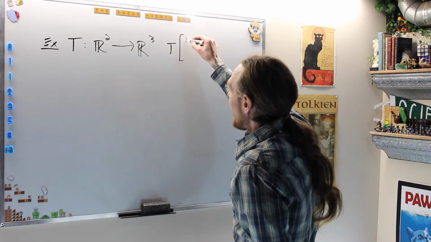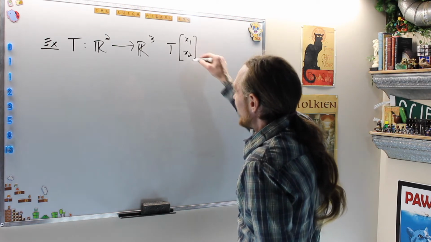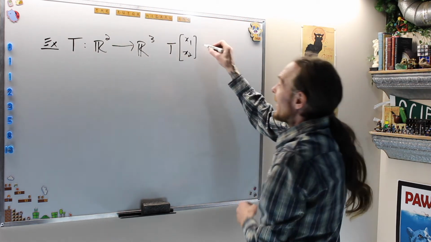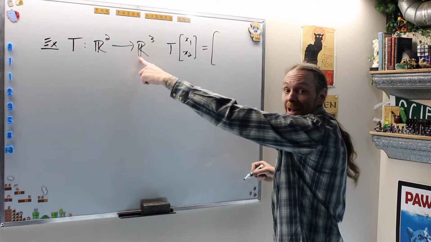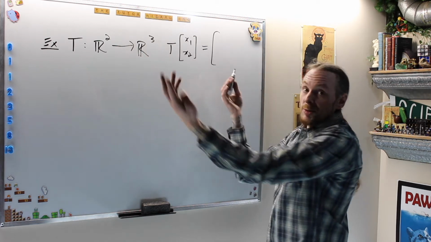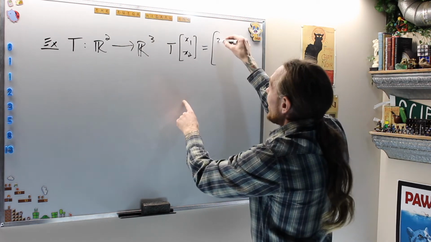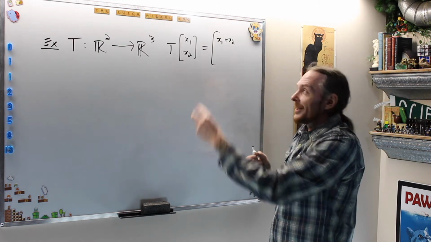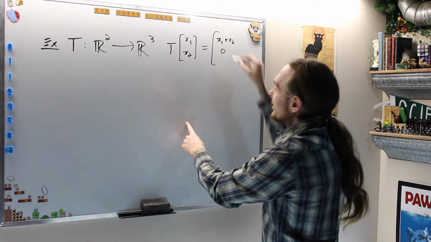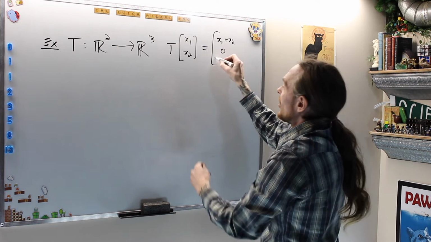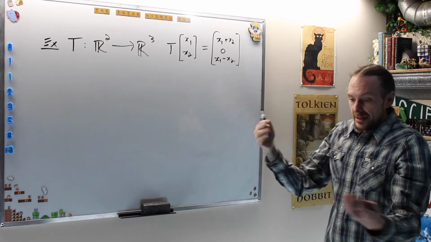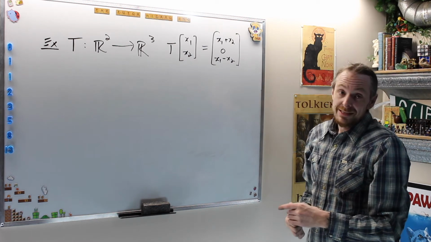T of x1, x2, a vector in R2. If I now hit that with T, that's going to send me to a 3-dimensional vector, which is going to be, I'm arbitrarily going to make it up right in front of you. Let's go from x1 plus x2. The first coordinate is those guys. Then let's go to 0, and then let's subtract those coordinates, x1 minus x2. So I just blew up a dimension, and now I'm going to see if this is a linear